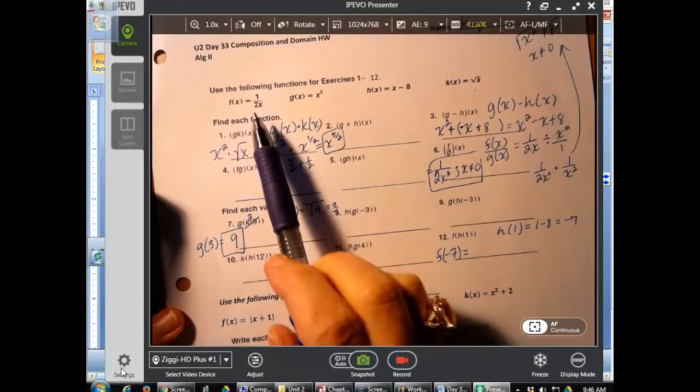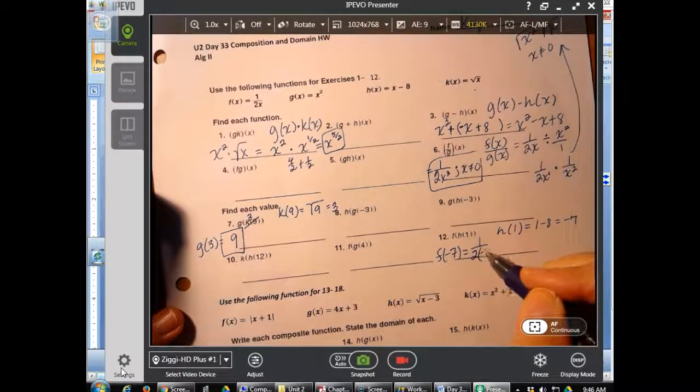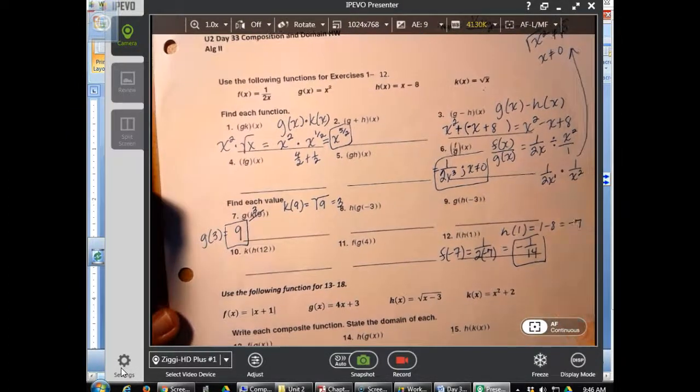And then my f function is 1 over 2x. So I'm going to plug in a -7 there, and I'm going to get -1/14. That is my answer there. So this whole second section here, number 7 through 12, you are going to actually get a number out when